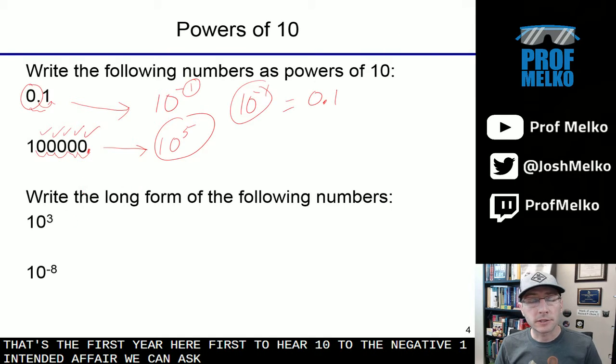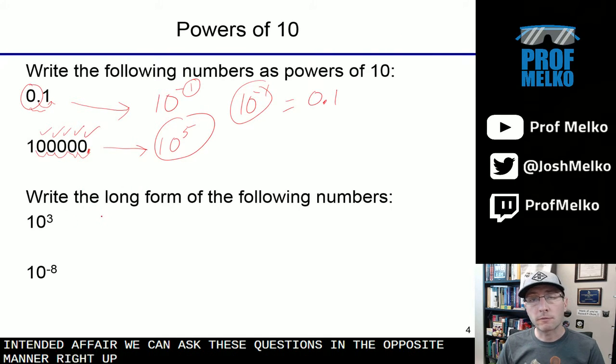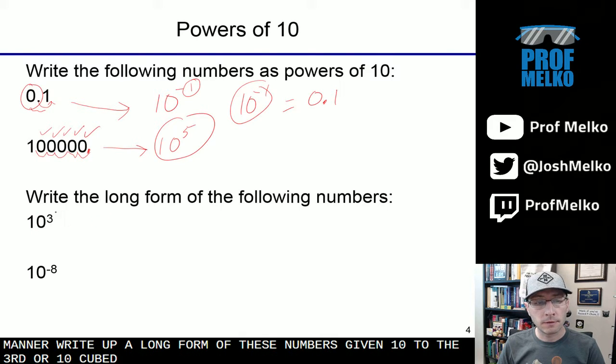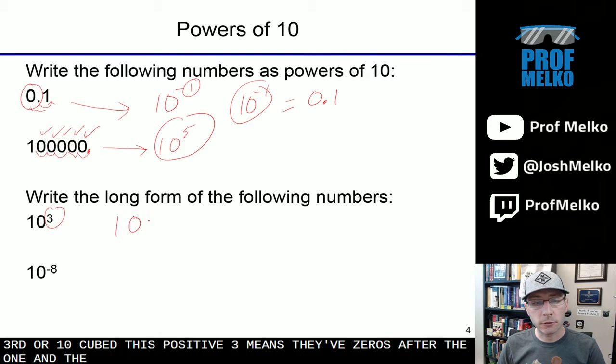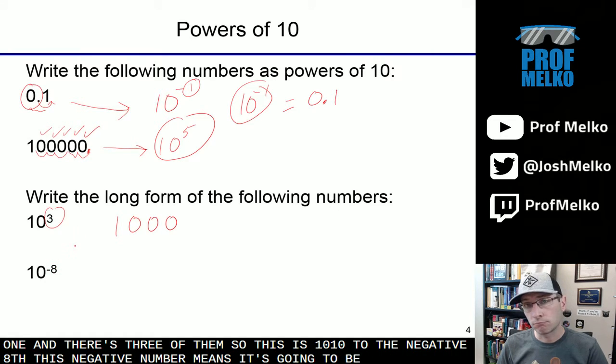We can ask these questions in the opposite manner. Write out the long form of these numbers given 10 to the 3rd or 10 cubed. This positive 3 means there's zeros after the 1 and there's 3 of them. So this is 1,000. 10 to the negative 8, this negative number means it's going to be a small number